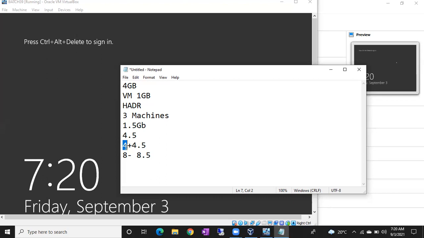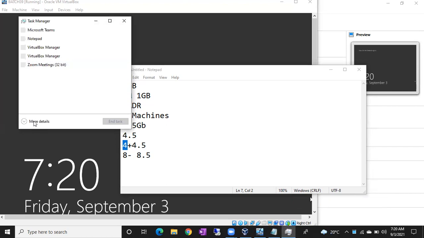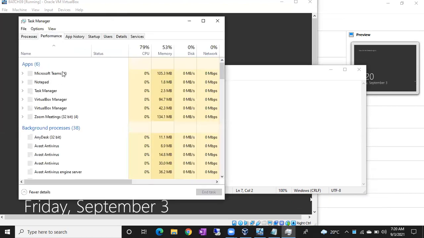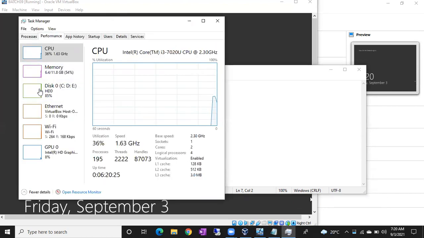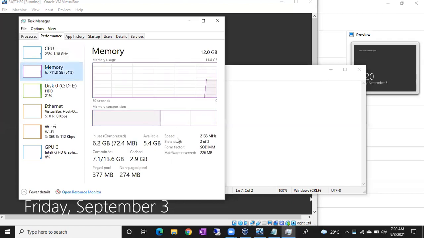Every slot will have a max capacity of 8 GB. I guess if your laptop is new, you will have 2 slots. Each slot has a max capacity of 8 GB. You can see how many slots there are. Go to Task Manager, go to Performance,